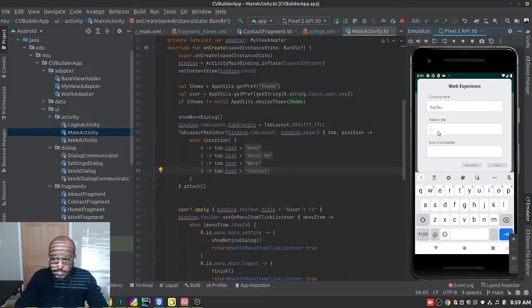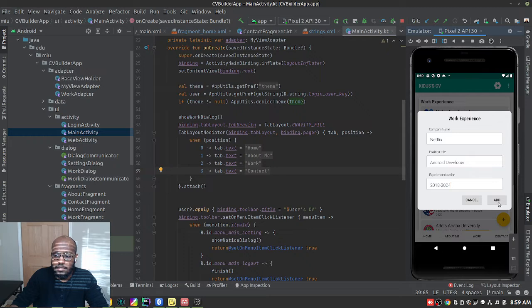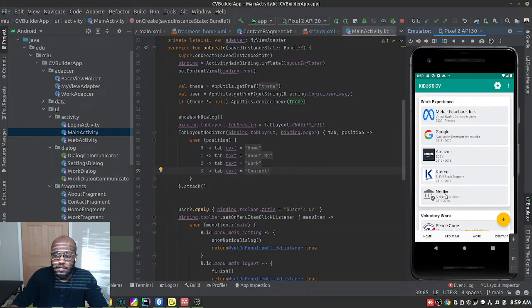Position as Android developer, and experience I can use 2018 to, let's say, 2024 is fine. So I can add this one, and here you'll see it in here as part of the work